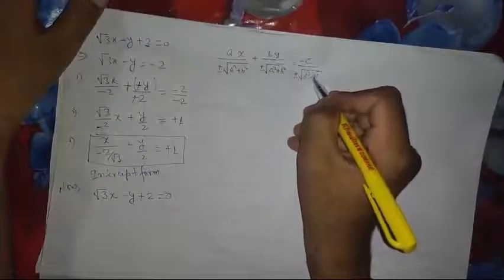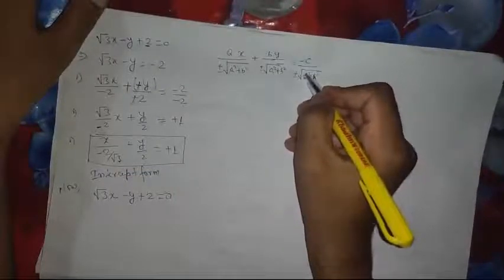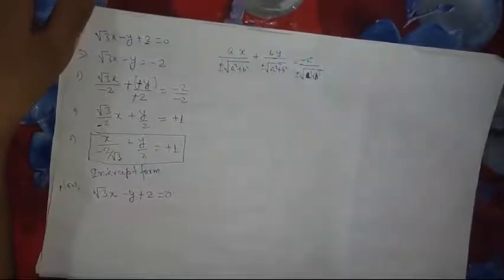And I guess you know what a and b are, isn't it? Just think once, what is a and b? See, a and b are nothing but the coefficients of x and y given to us. So please don't get confused here. Please remember this: a is the coefficient of x, b is the coefficient of y.